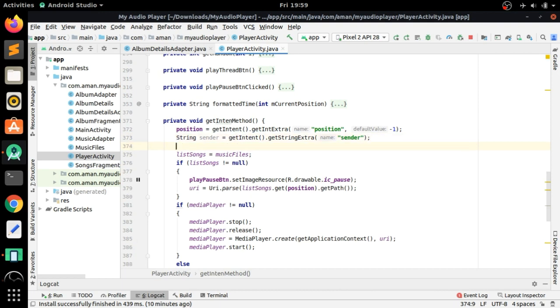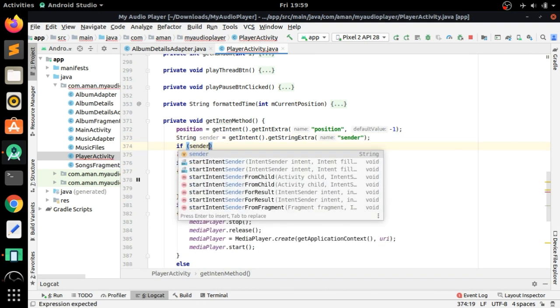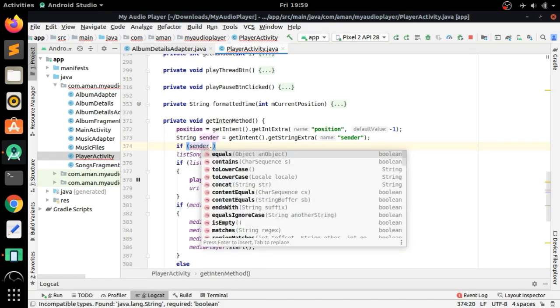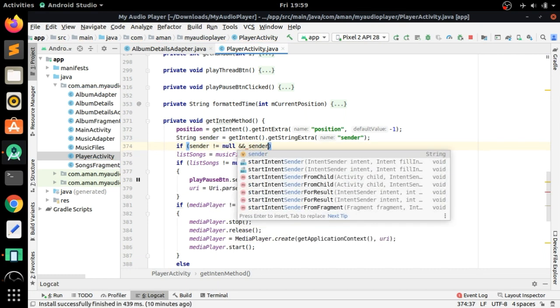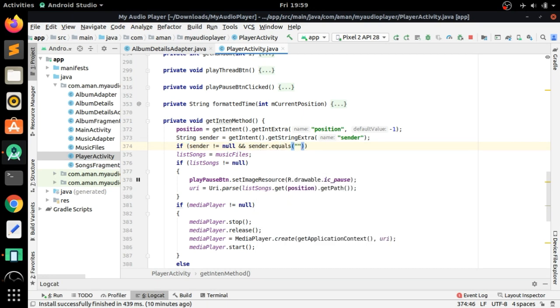And now we have to check if the sender is from album details activity. Sender is not equal to null first, and also we have to check if the sender is equal to albumDetails, the value that we have passed.